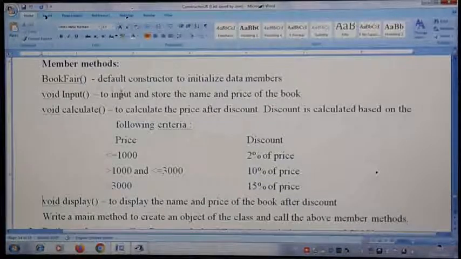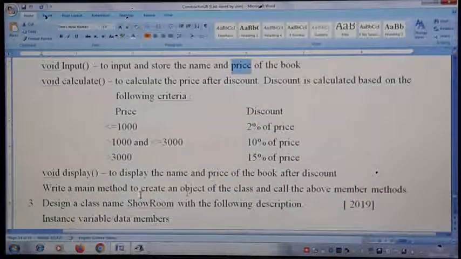You are reading the price of the book, but at the time of display you display the book name along with the price after discount. So you can calculate the discount, and price minus discount will be the amount they will be paying after the discount.